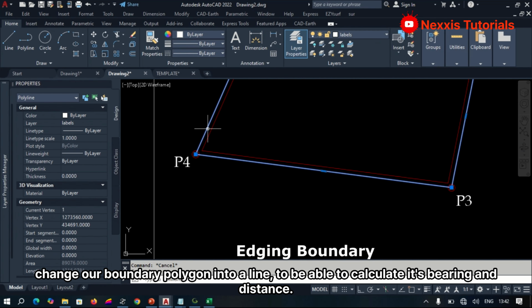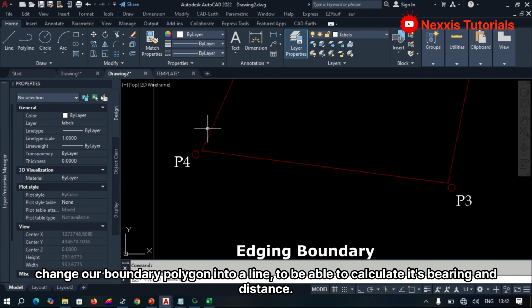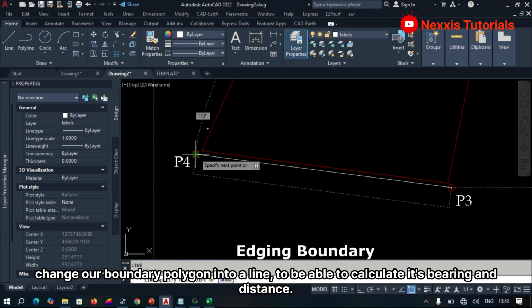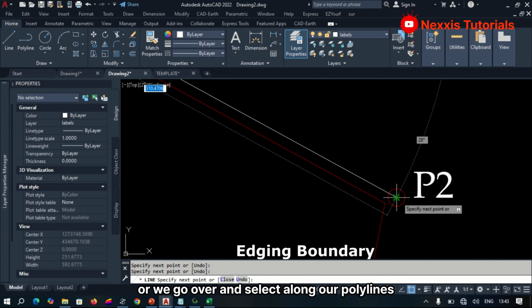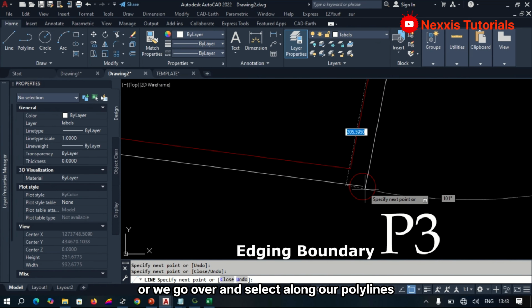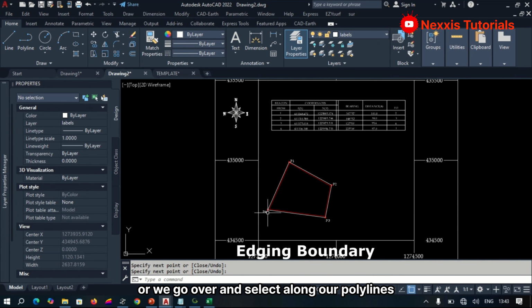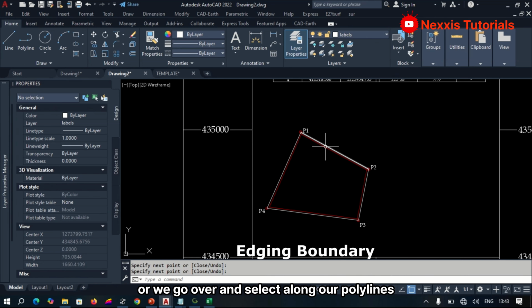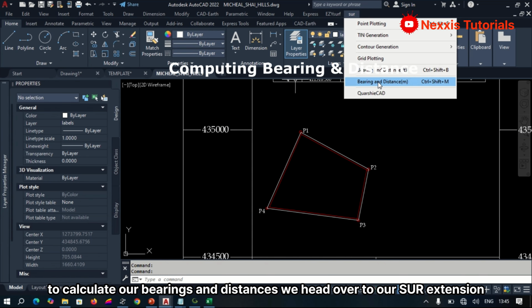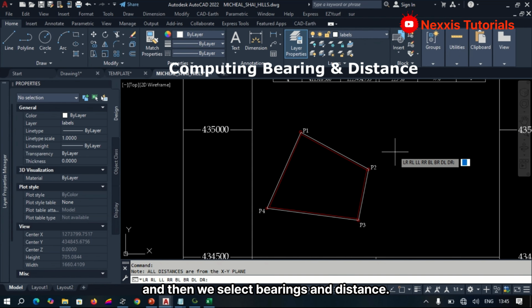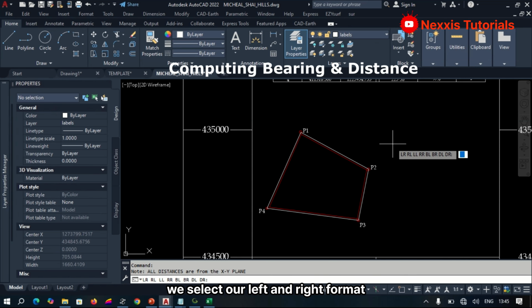We change our boundary polygon into a line to be able to calculate its bearing and distance. So we go over and select along our polygons. To calculate our bearing and distance, we head over to our SVR extension and then we select bearing and distance. We select our